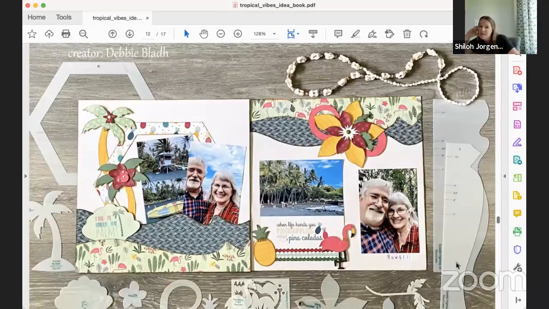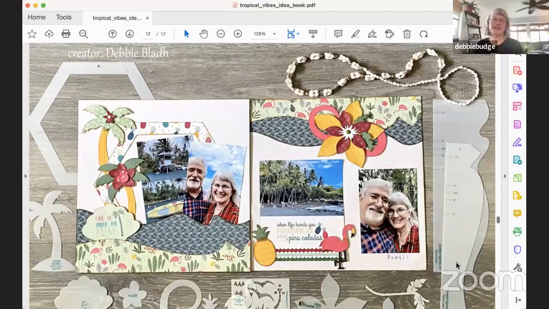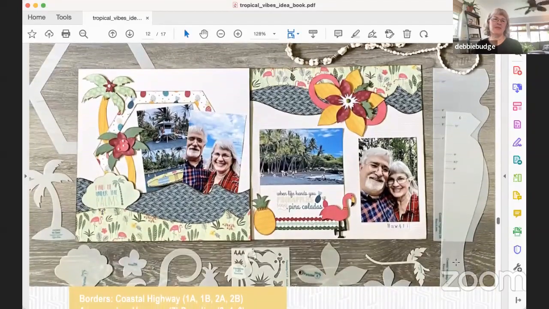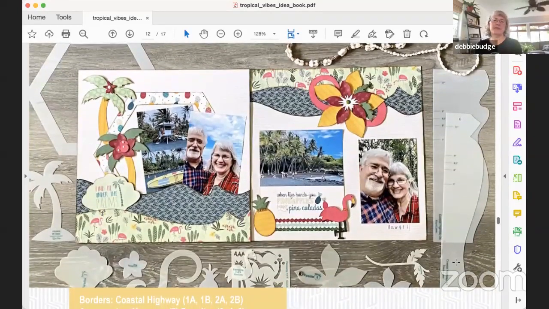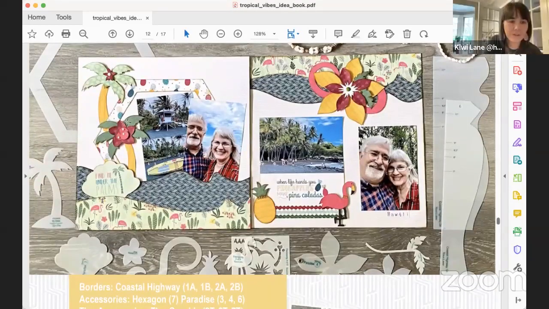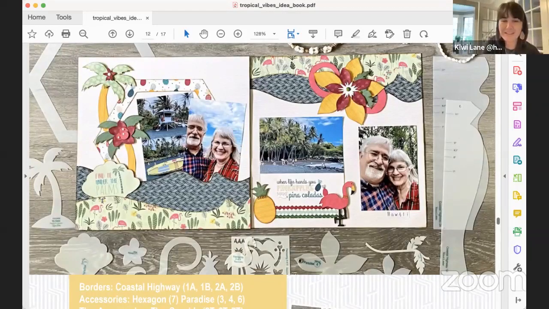Anyway, I love your layout, Mom. It's really cute. Yeah, this was fun. I love layering and making flowers, but it was fun to pull in the hexagon again and have those palm trees coming out from it. And I love how you actually put a flower in the middle of the oasis, and then you put a little flower there and another flower. I mean, that's the way to take the challenge, Deb.